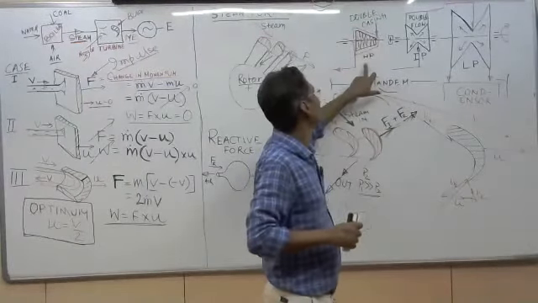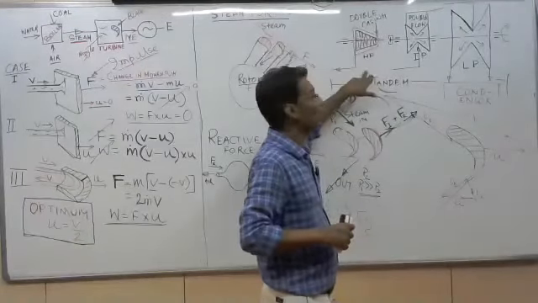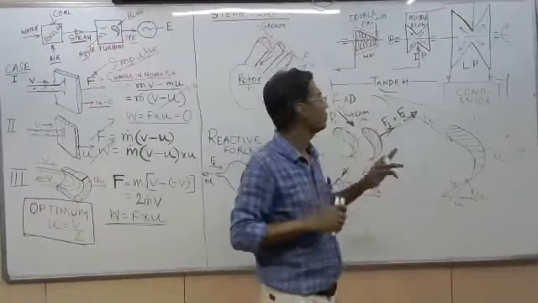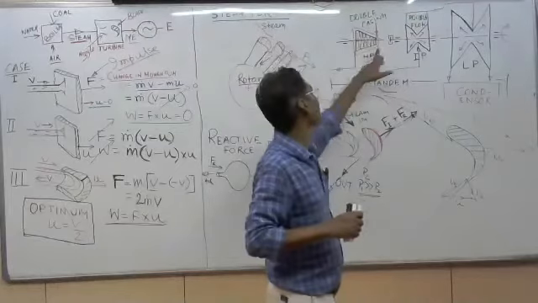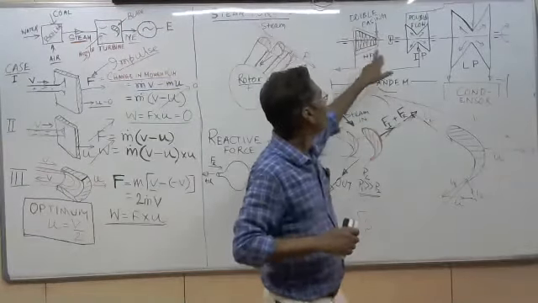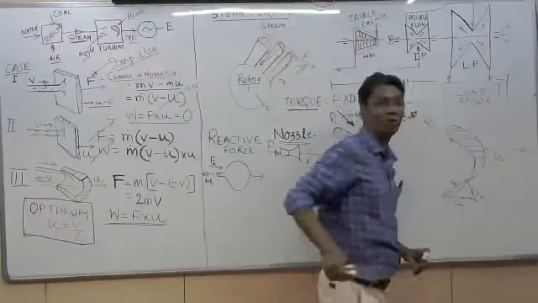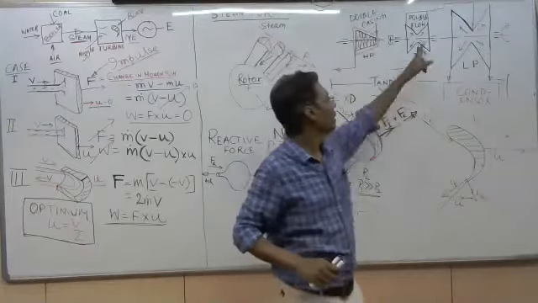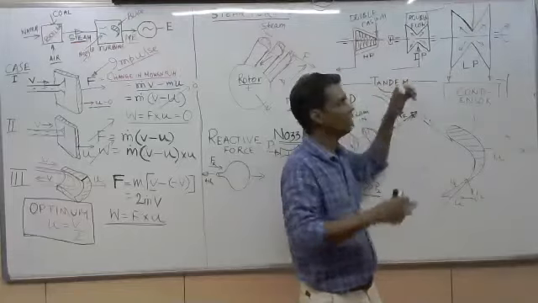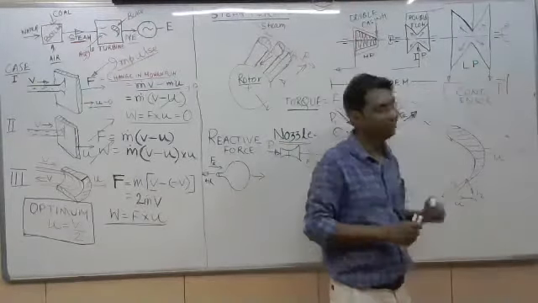The HP turbine is designed as a double casing type to avoid higher shell thickness and expansion problems. To remove the expansion problem, the HP turbine is designed with double casing, a barrel type design. The IP turbine is double flow type. For balancing purposes, we give double flow. Steam enters from the center and expands to both sides, so it is double flow type. Similarly, the LP turbine is also double flow type.